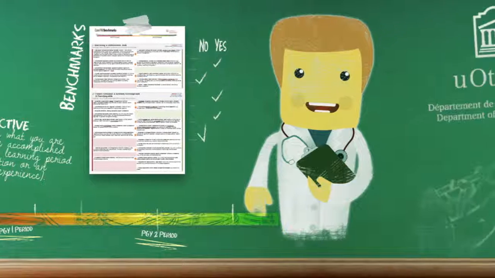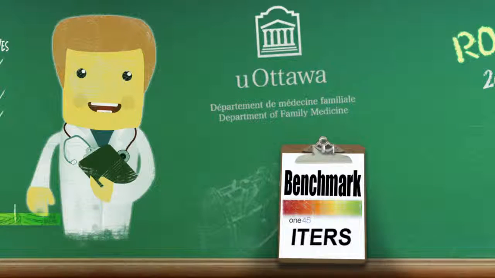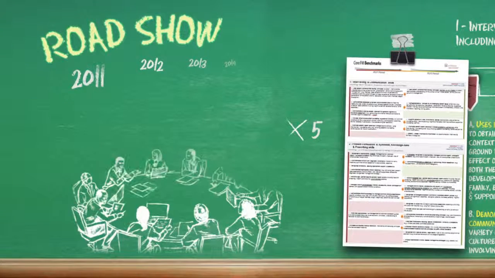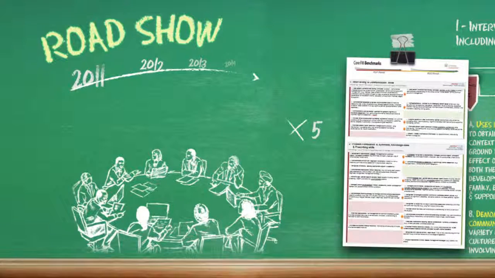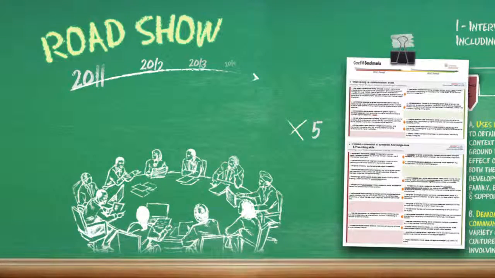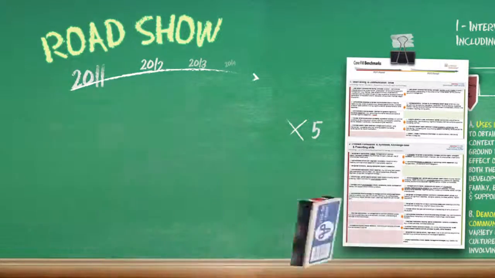Faculty and residents have been asking for tools to help define their educational plans with specific endpoints to make learning an active and deliberate process and to gauge resident performance. It's really important that these tools be for the department and by the department. Dozens of faculty and residents were involved at curriculum postgraduate retreats from 2011 onwards and through multiple surveys and consultative roadshows. The process was iterative. It's gone through more than 5 phases of editing based on faculty and resident input and critique.